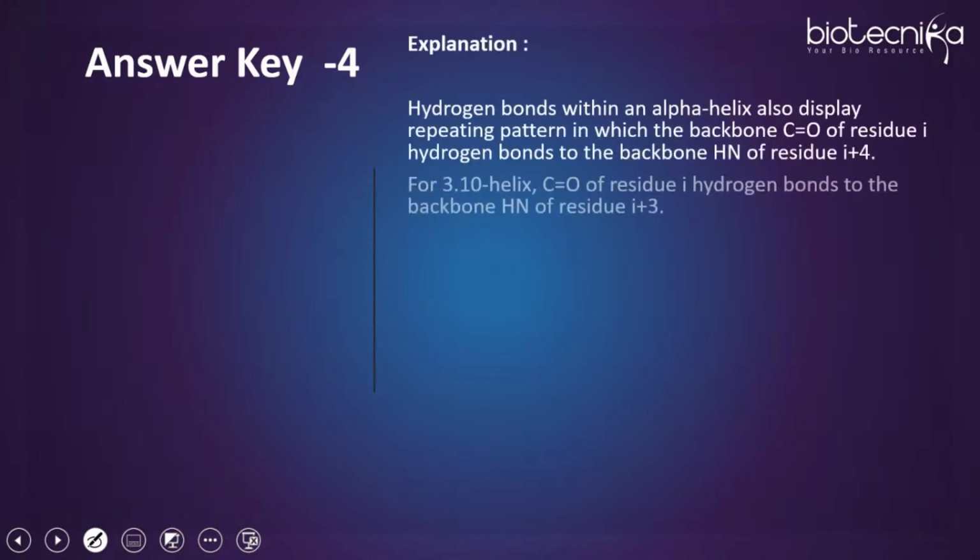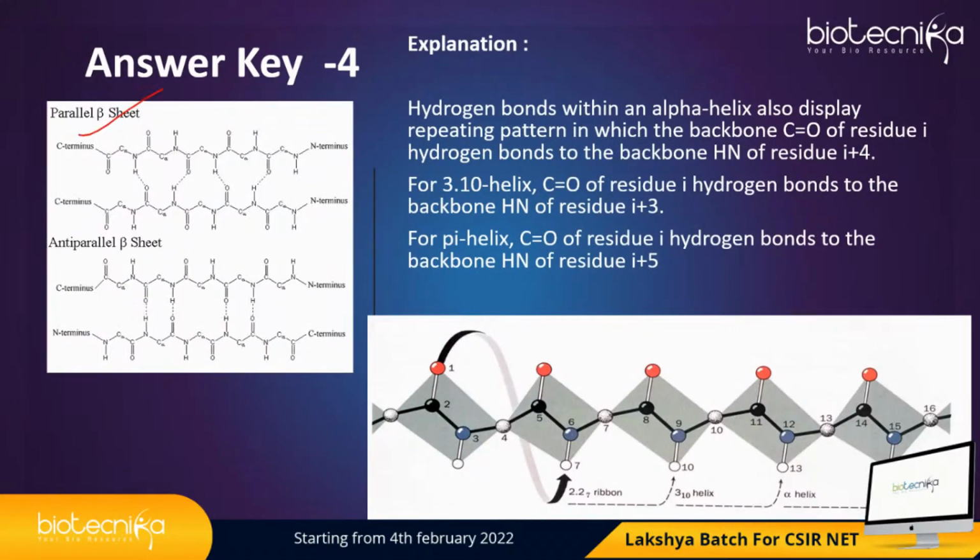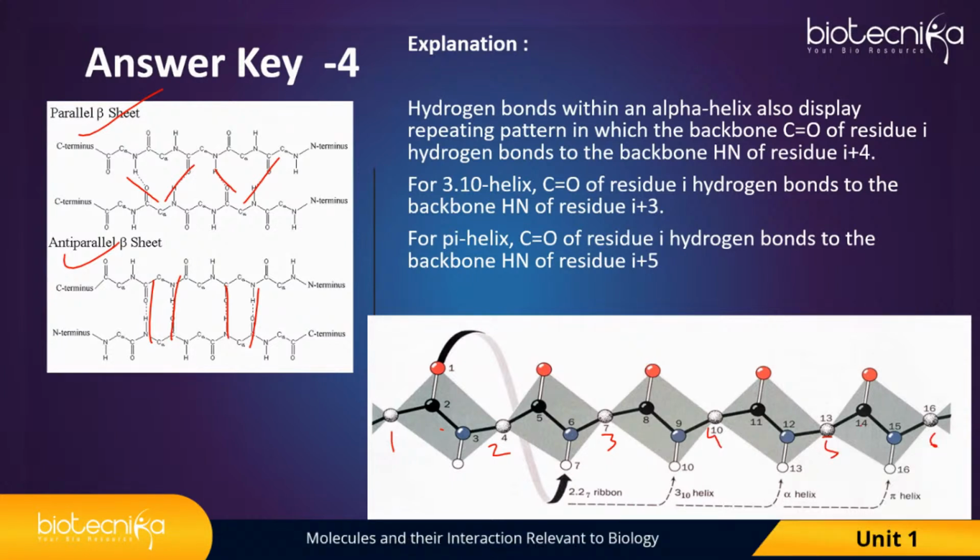So if you check over here, this is parallel beta sheet, anti-parallel. Anti-parallel has straight bonds, whereas parallel has angled hydrogen bonds. That is why the fourth statement is right. Now let's see why the third statement and the second statement are correct or wrong. Let's analyze. See, this is the peptide plane. If we consider this as the first, second, third, fourth, and fifth, sixth, right? So, how many hydrogen bonds are present between the bonding with